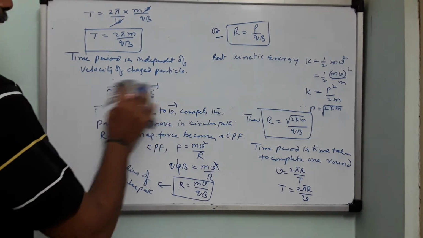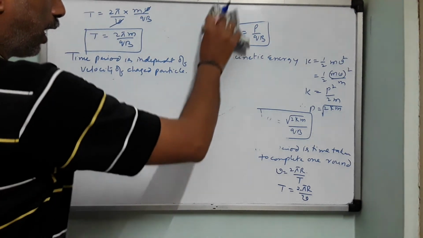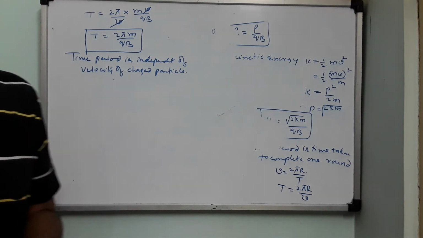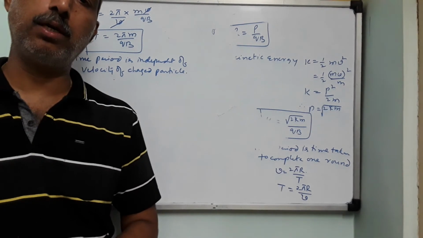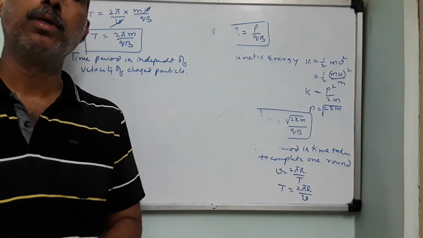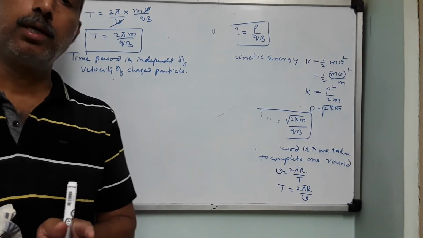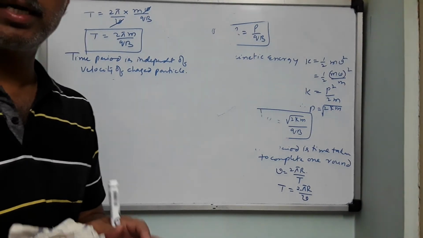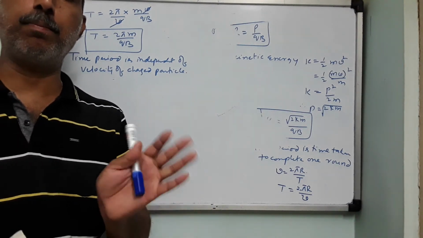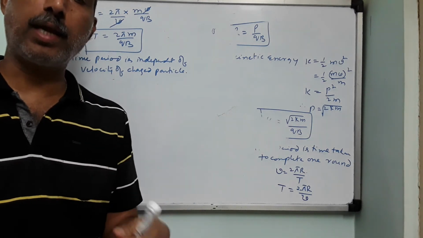So on what factors does it depend? It depends on the mass. For example, I have an electron and I have a proton. Both of them have the same charge. Electron carries minus 1.6 into 10 power minus 19 coulomb. Proton carries plus 1.6 into 10 power minus 19 coulomb. So magnitude wise both the charges are equal. But masses of these two particles are not same. Electron is 1837 times lighter as compared to proton. Proton is a heavy particle, 1837 times heavier.